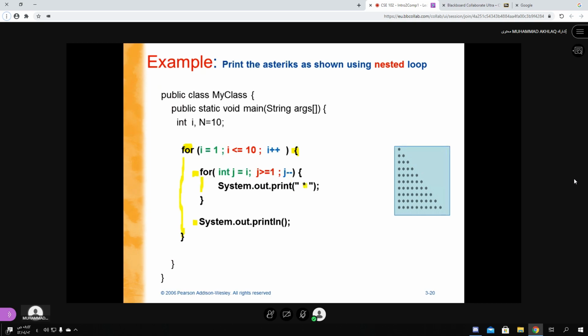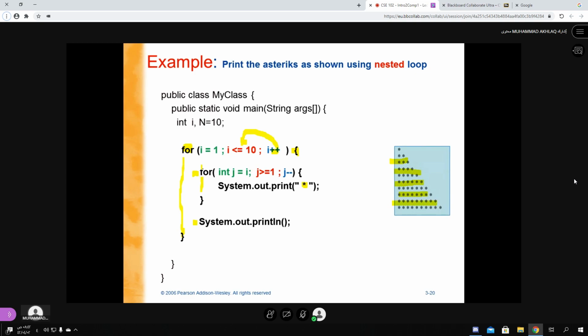So the first time it will print just one star. Then it will go to a new line. Then it will increment i and run this statement again, checking i is equal to 2. So this time it will print 2 stars, and then a new line. Next time it will print 3 stars, then 4 stars, then 5 stars, and so on.